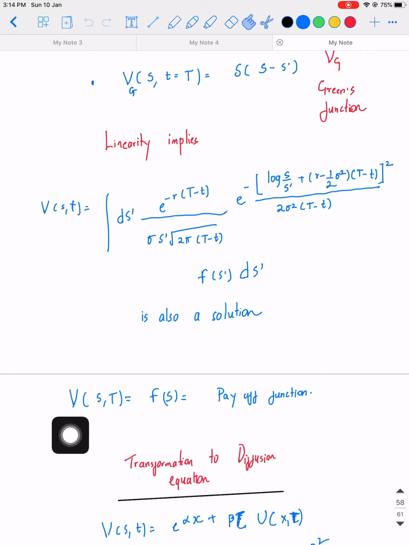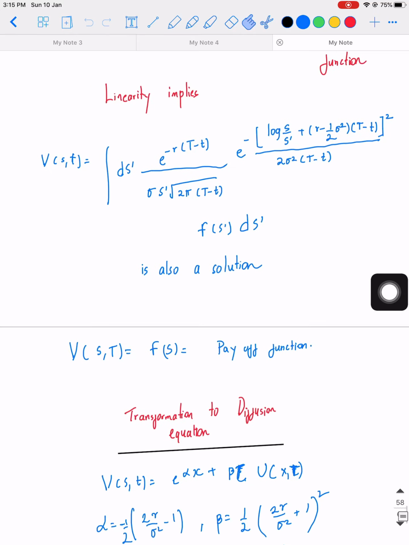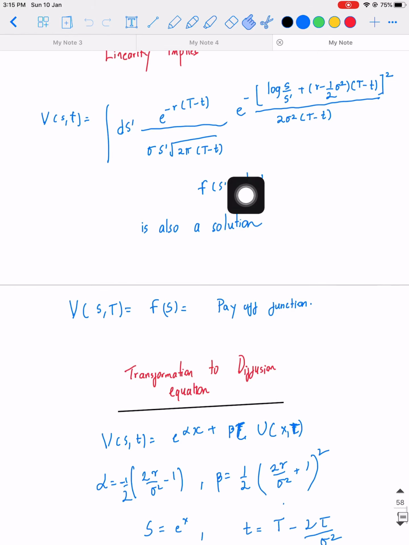Okay, so I know that this thing is supposed to be the payoff function. Also, I know that this integral is supposed to be equal to f of s. That means the f of s over here has to be the payoff function that you're going to be utilizing. The solution is the payoff function. So the only solution, given the payoff function, is that you take the payoff, you put it over here, and you integrate, and you're going to get a solution of the Black-Scholes equation, given the particular payoff.